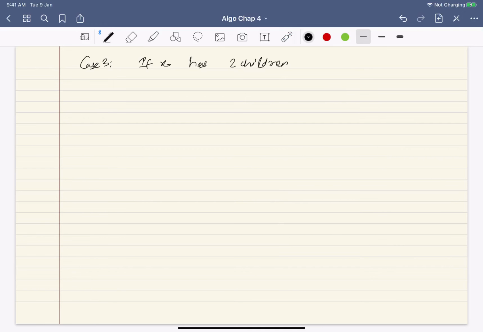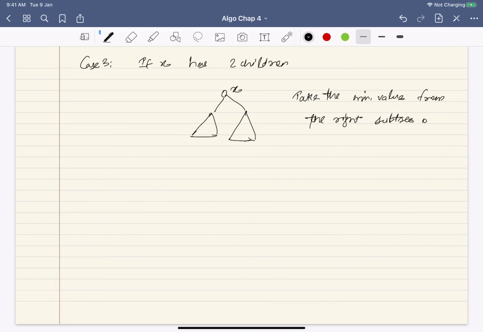If x has 2 children, so suppose x is here and there are 2 subtrees. What I will do is take the minimum value from the right subtree of x, and suppose this is y.